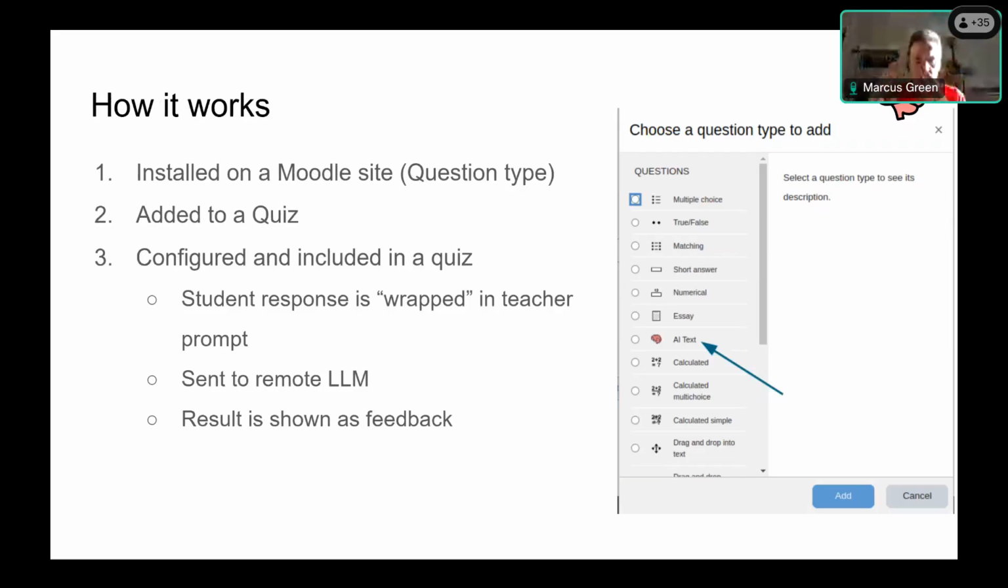Right. Okay. So once it's been installed and configured by your site admin, it will appear just like any other question type. And I've got that arrow pointing there, it's a little brain icon. So you can add it to a quiz, or you can add it in the question bank. And the way it actually works is that when the student types in their response in a quiz, their response is wrapped around with a prompt that the teacher has created, and sometimes it can also be wrapped with additional stuff that's configurable globally. That is then sent off to the remote large language model or AI system, and the result of that is shown as